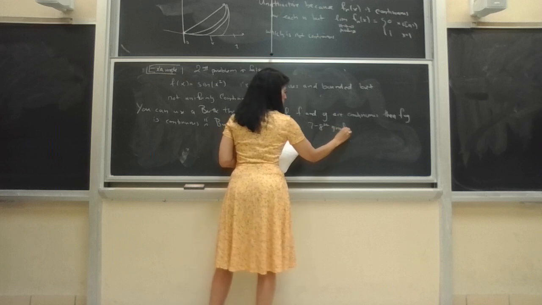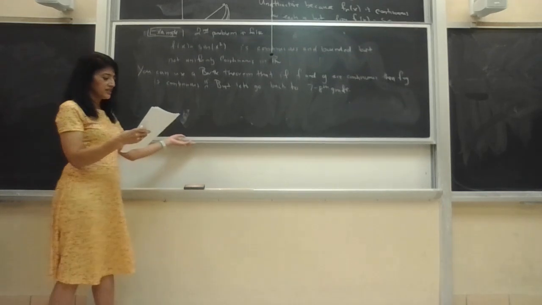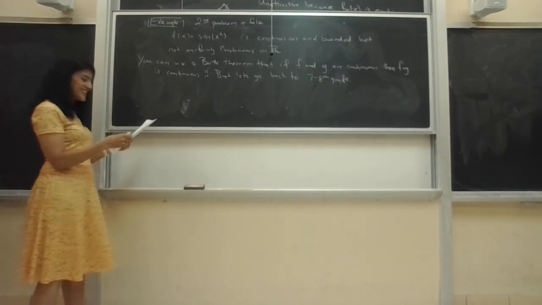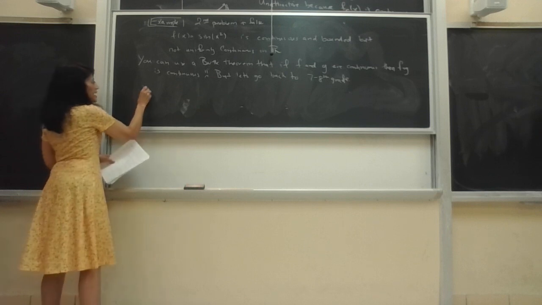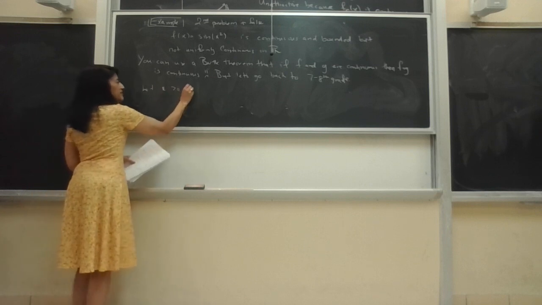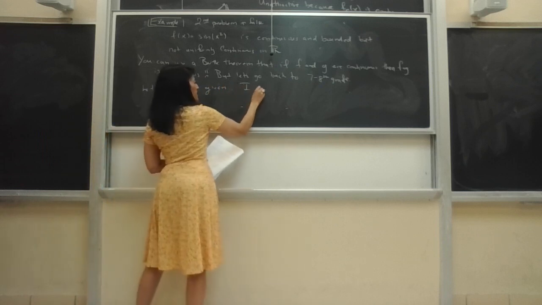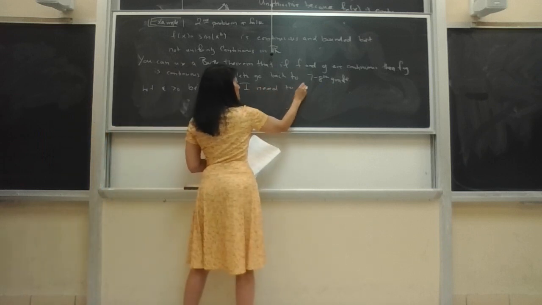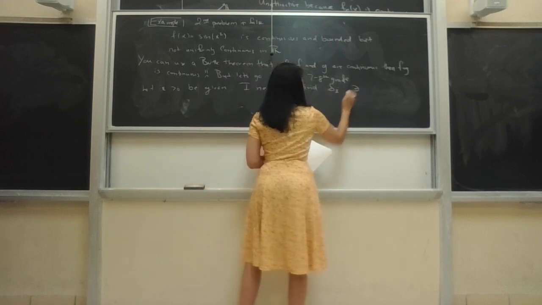Probably when you took these courses, I don't know. I was trying to remember all my trig identities. So let epsilon greater than 0 be given. I need to find a delta epsilon such that